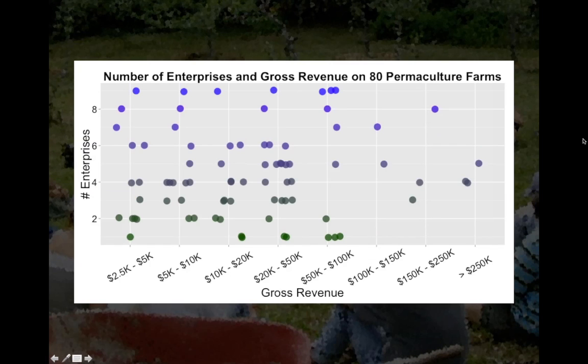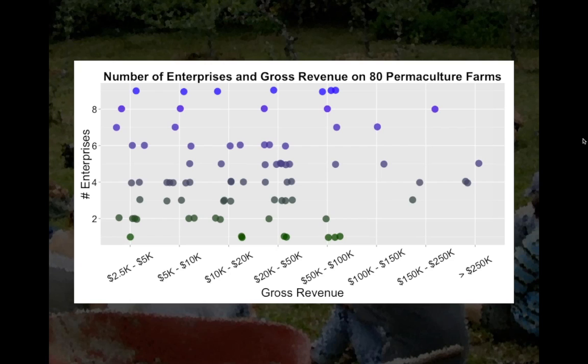There we go. And then this is showing gross revenue across the bottom, and the number of enterprises on the y-axis, up on the left-hand side. So diversification is a fundamental component of any kind of permaculture system. And we can also see that it's